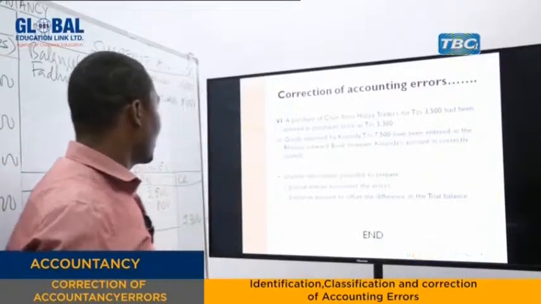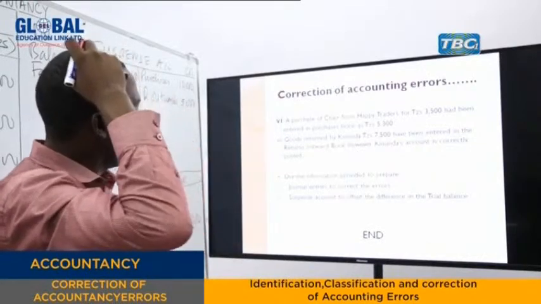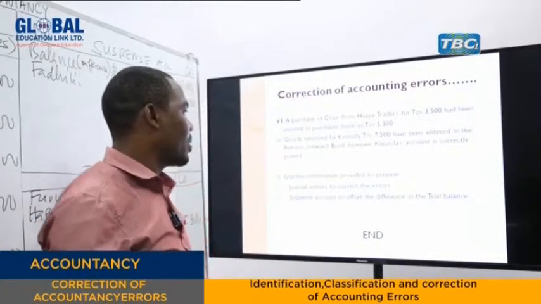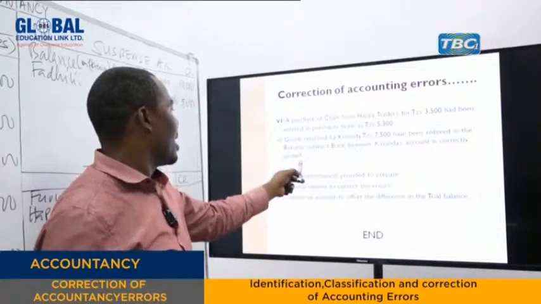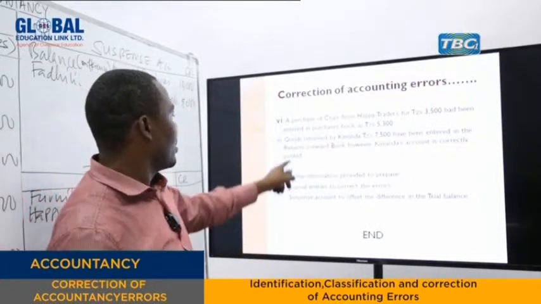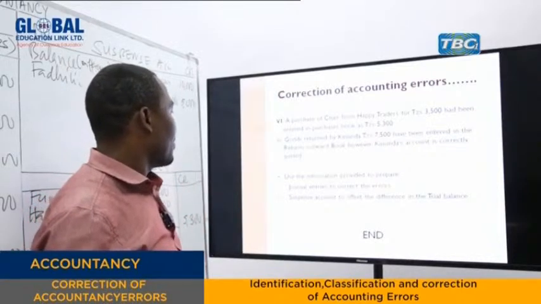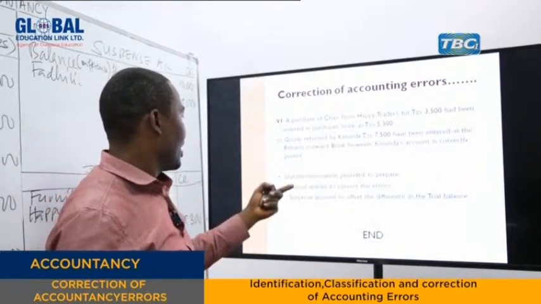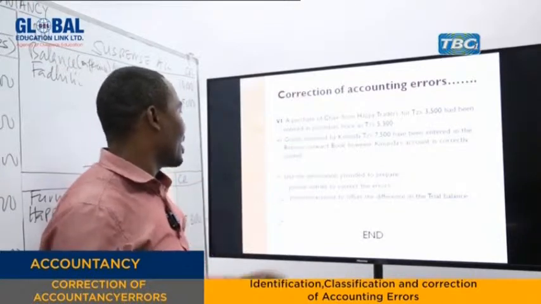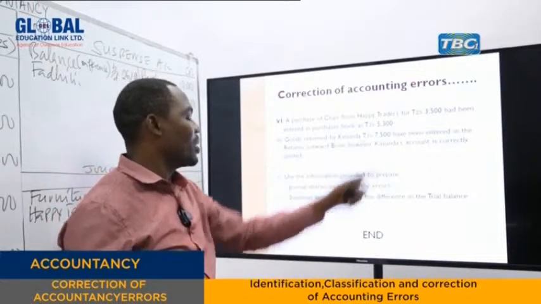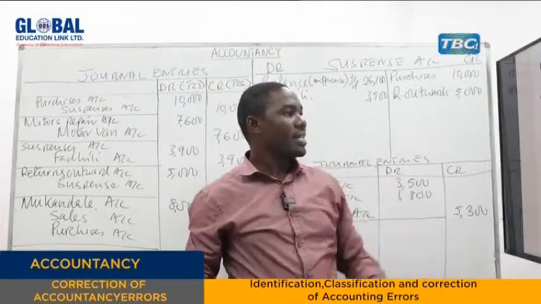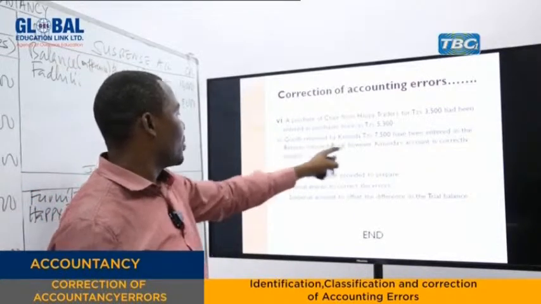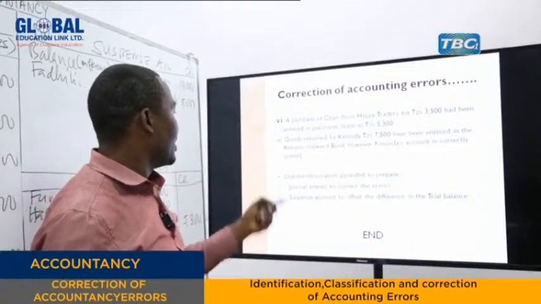The last item was goods returned by Kinunda, 7,500. This has been entered in the return outward book. However, Kinunda's account is correctly posted. So it was a return inward, but entered in the return outward. So we need to recognize the return inward by debiting it, and also recognizing the return outward by debiting it. Because return outward and return inward are not corresponding accounts, then automatically the double entry will be to suspense. So this error, as I've said, what we do, we recognize the return inward and we recognize the return outward by